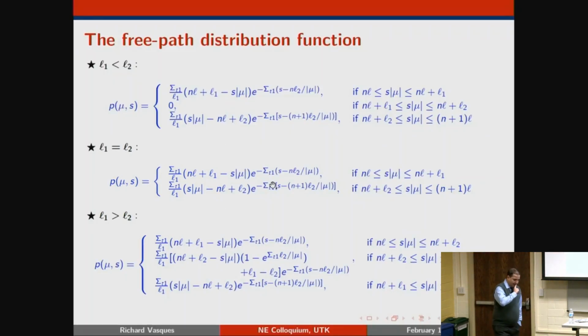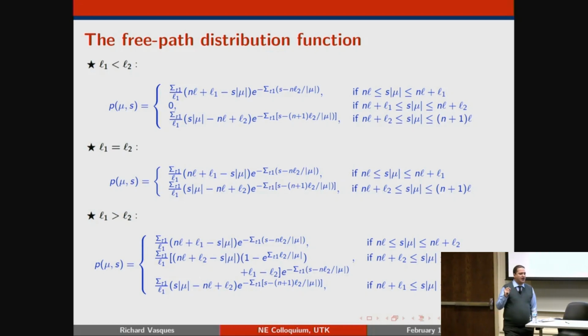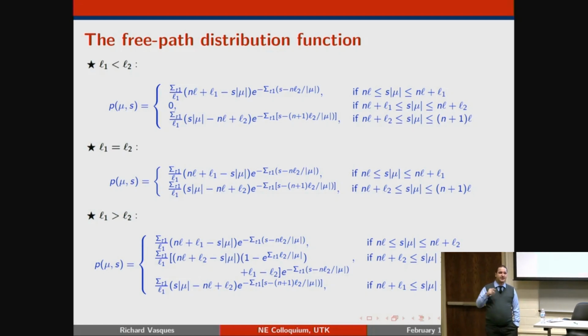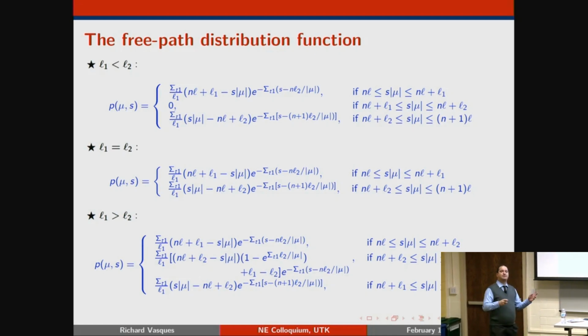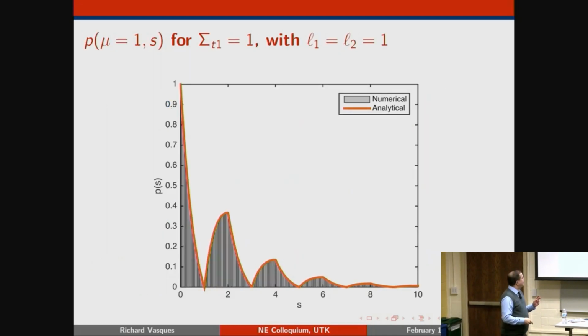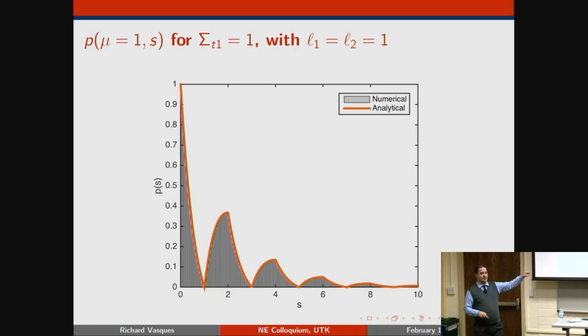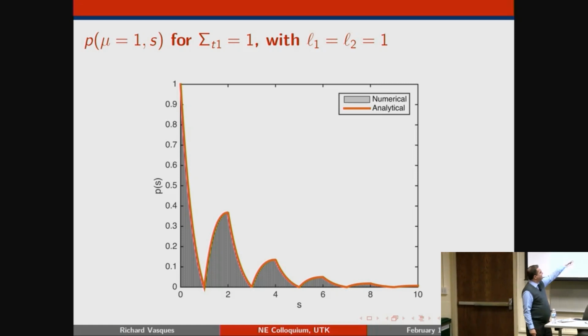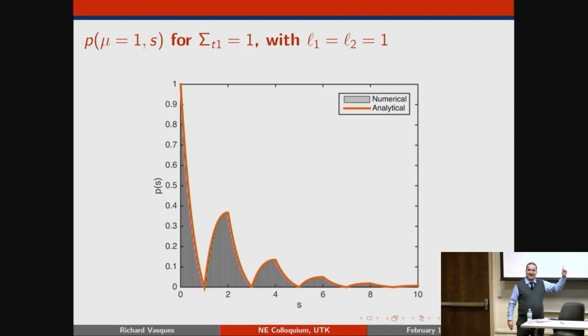Now, I want you to think of what you expect the PDF to be, right? Usually, for a homogeneous or a heterogeneous system, you expect your PDF to be a nice decaying function. Right now, because I created this random periodic media, it's actually going to be something like this. That's my PDF. If I'm looking into the mu equals 1 direction, and for sigma t equals 1, and the thickness is equal 1. So that PDF, even though it has sort of an exponential decay in each one of these steps, it's kind of jaggedy.